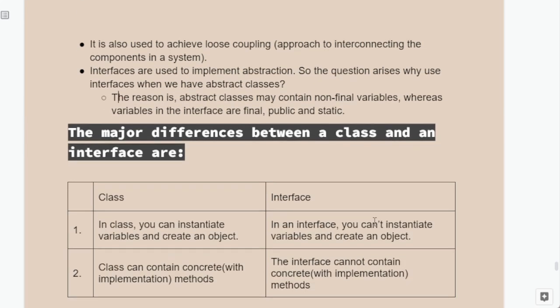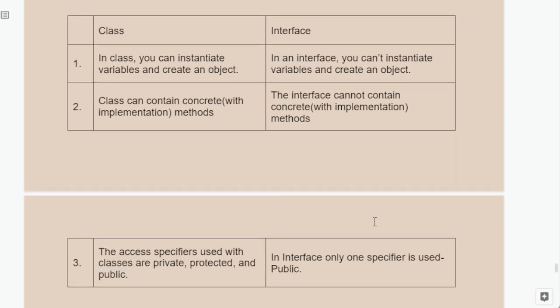The major differences between a class and an interface are presented in the following. With classes, you can instantiate variables and create an object. With interfaces, you can't instantiate variables and create an object out of your interface. A regular class can contain concrete methods with implementation, while interfaces cannot contain any implementation since their methods do not have any body. The access specifiers used with classes are private, protected, and public, whereas in an interface only one specifier is used,